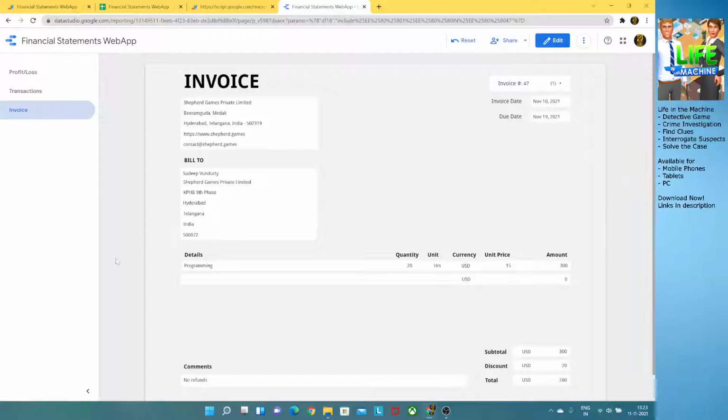There are a lot of service providers who provide the invoice option, but you will have to use their payment services in order to generate an invoice and send it. Or there are service providers who provide it as a free service, but they store your data and they're going to sell your data to somebody else, right? So unless you are using a paid service, it's not advised to use free services to generate your invoices. You can build your own invoice using Google Apps Script, and we are going to see that now.